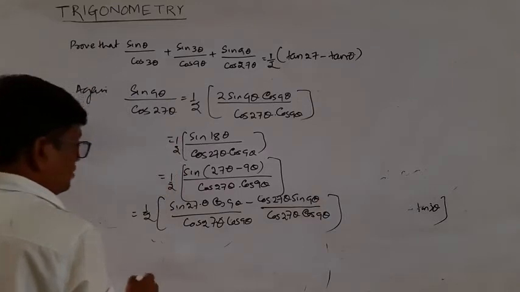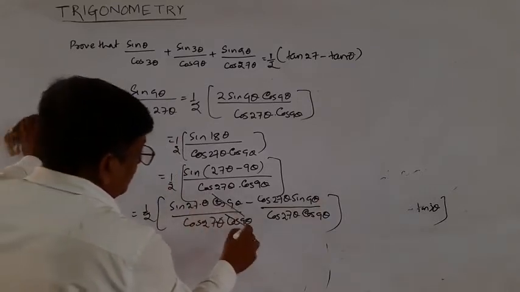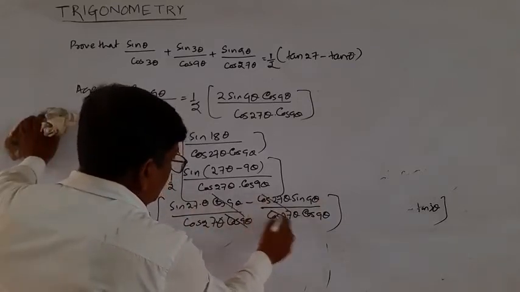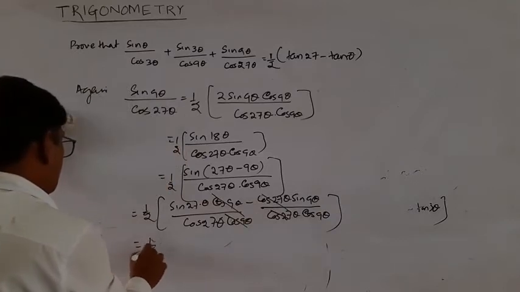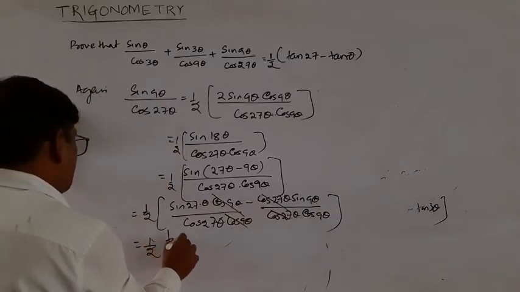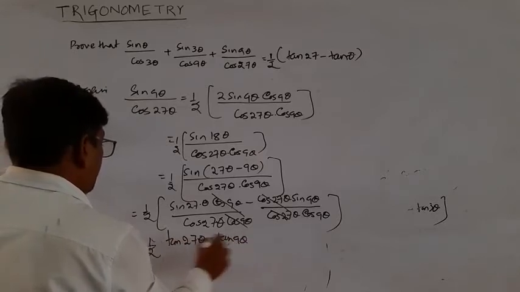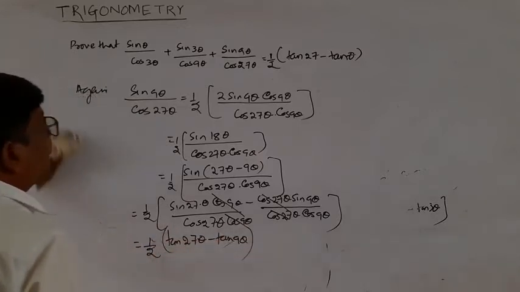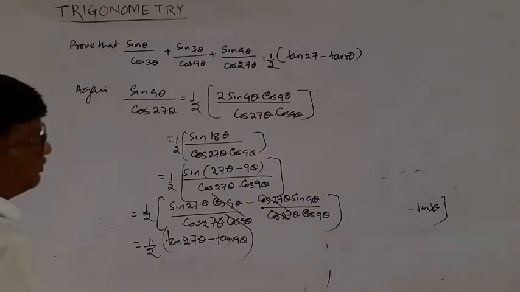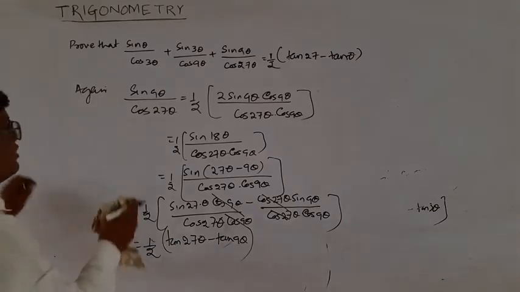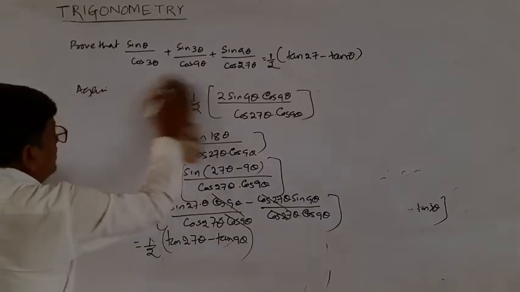So this cancels, and this cancels, that is equal to 1 by 2 into tan 27 theta minus tan 9 theta. Okay, this is the value. Now the left hand side